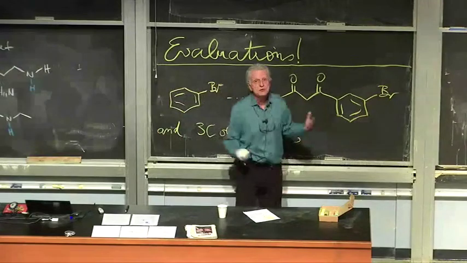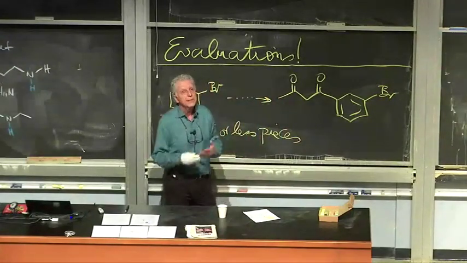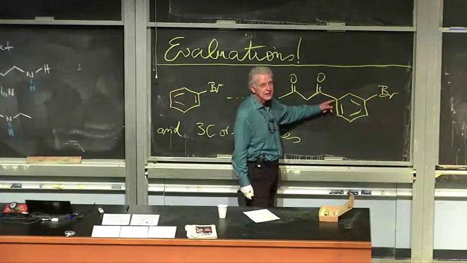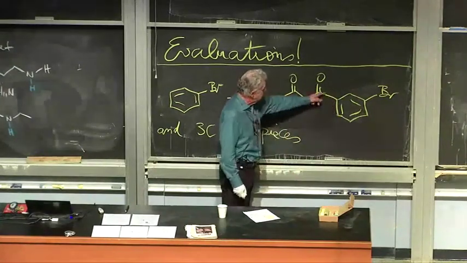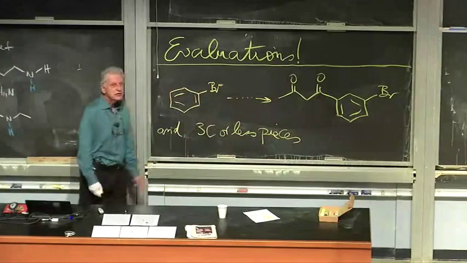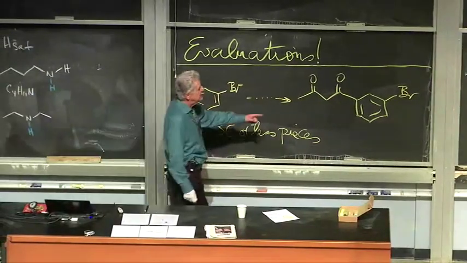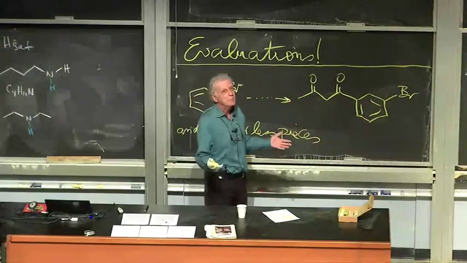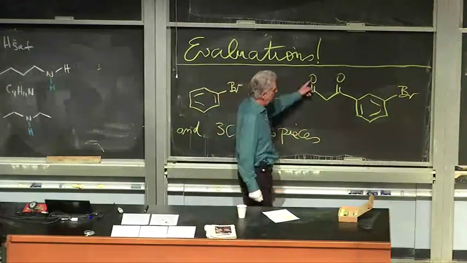The second aspect is to try to work backwards so you break things into smaller pieces. And you've already recognized that this bond has to be made by some kind of electrophilic aromatic substitution, so there's a retrosynthetic disconnection. And what's left over is this 4-carbon piece, and since the restriction is to have 3 carbons or less, we need to break this up into smaller pieces. Now comes in your knowledge of synthetic chemistry, and I'm going to build upon what we did last week, namely the Claisen condensation.